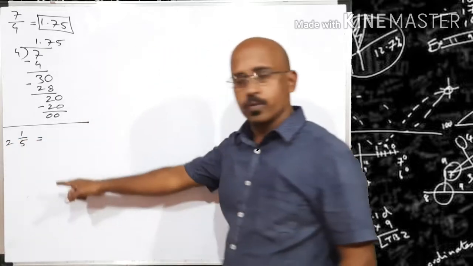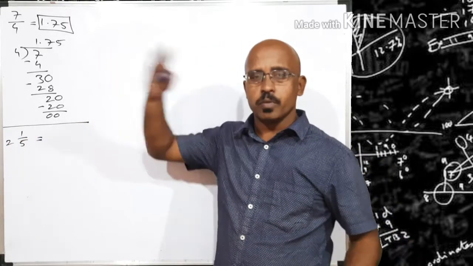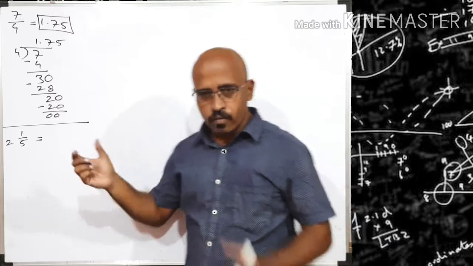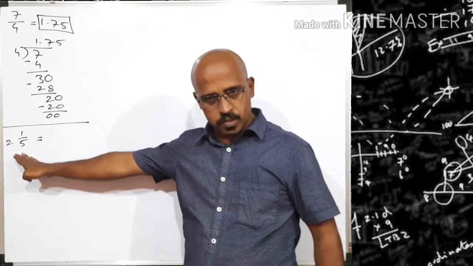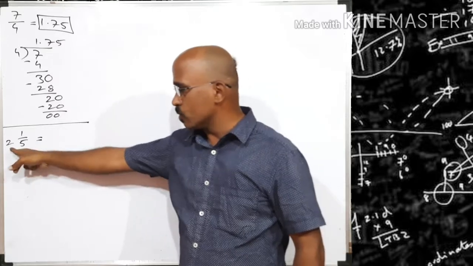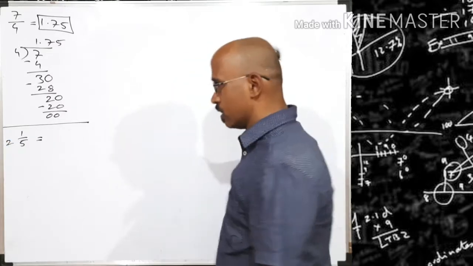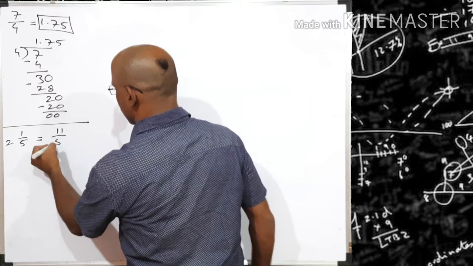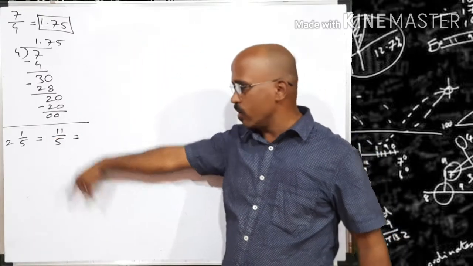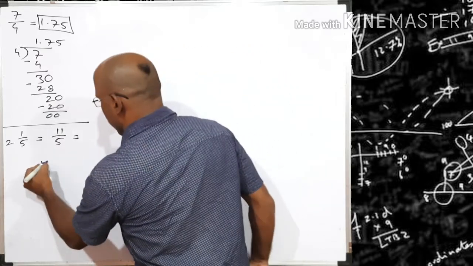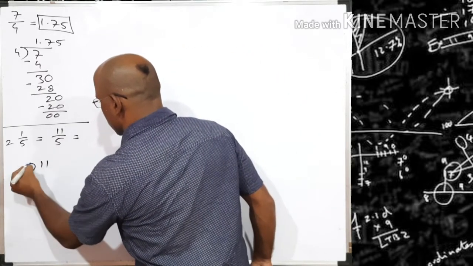Once again, what do we have to do? We have to divide numerator by denominator, but for that we require a fraction of the form numerator upon denominator, which means we have to convert this mixed fraction. So let's convert. 5 2s are 10. 10 plus 1 is 11. 11 upon 5. Now we have to find the decimal equivalent of 11 upon 5. 11 upon 5 means 11 divided by 5.